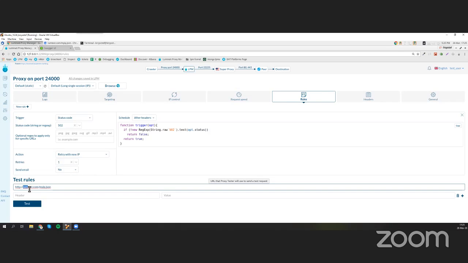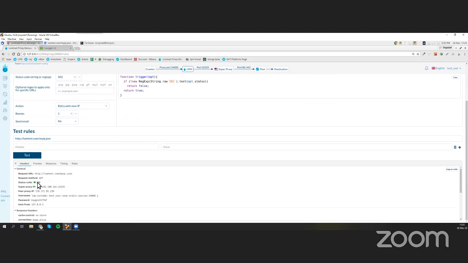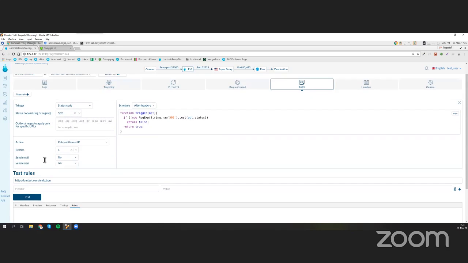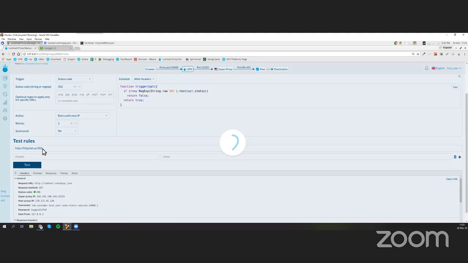By default the request is to lumtest.com myip.json, which gives status code 200. So the status code is 200. If I go to the rules tab, there's nothing. No rules have been triggered, which is fine. Our rule should work only on status code 502. So let's use the API that I introduced you to, http stat.us/502, because I need status code 502 in the response. So if I send this request again